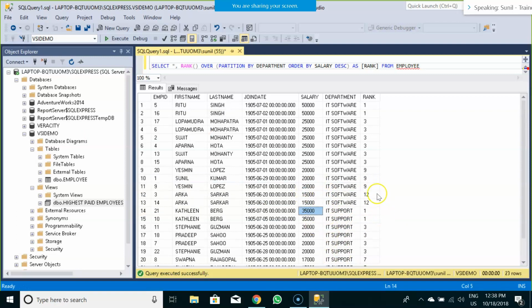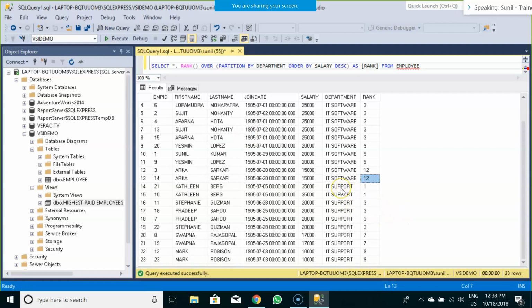salaries were ranked. If you observe the result closely, there is a tie in 50,000 and 50,000. So the rank is 1, shared by the 50,000 salary in the IT software department. After that, the next item is the third rank. Since second is a tie, it started with third rank. So 25, 25, 25 and so on, and the next item after 8 is 9. The next item after 11 is 12 and 13 and so on.